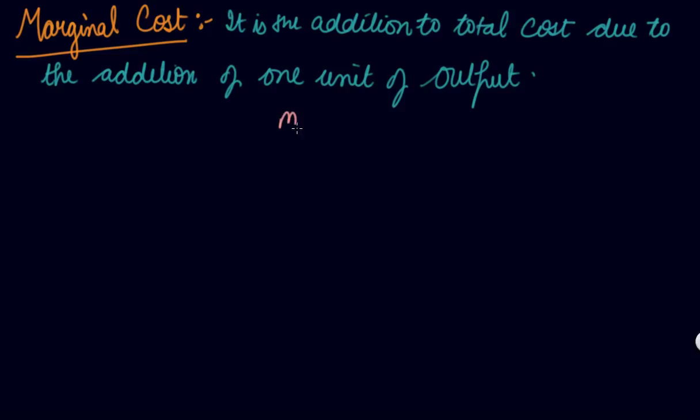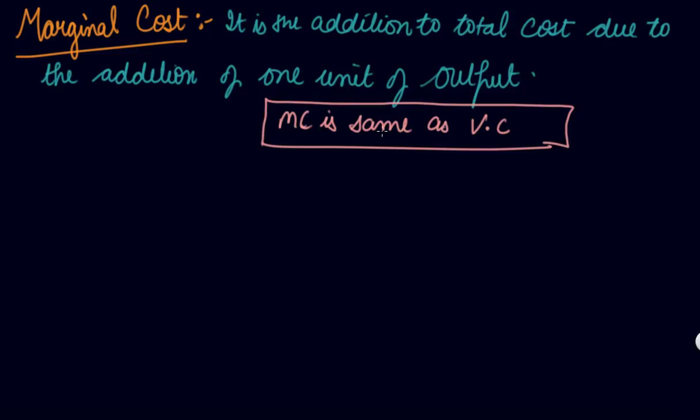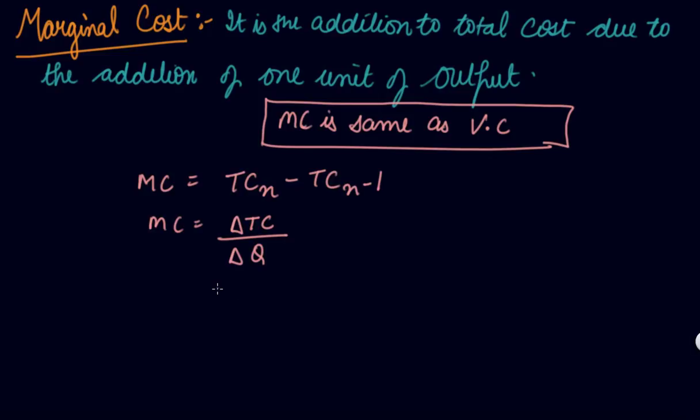Your marginal cost is same as your variable cost. Okay, you can interchange marginal cost and variable cost equally. So your marginal cost is your total cost of n term minus total cost of n minus 1 term, or your marginal cost is change in total cost by change in your quantity, right? So here your MC is your marginal cost,